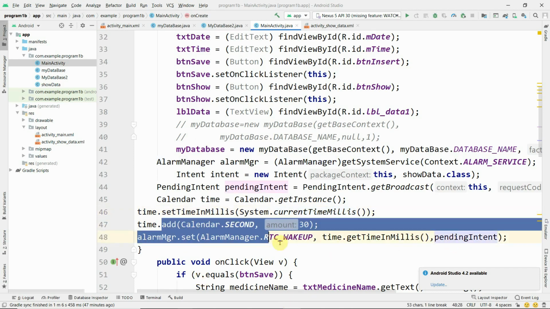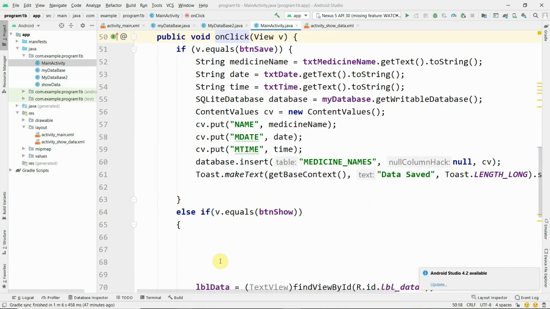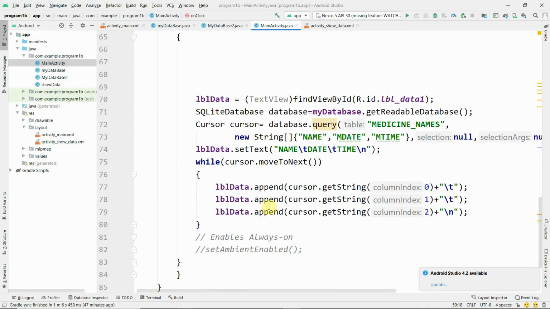This is to display the medicine which has an expiry date of the current date. This is to display all the records in the main activity itself.